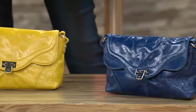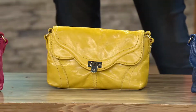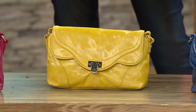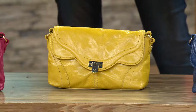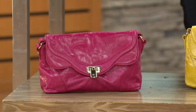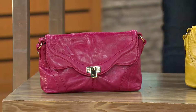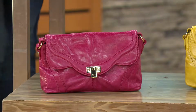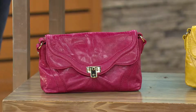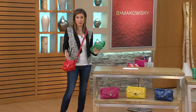The next color that you see, my favorite color and the color that I own, the citron. Love that color. Next up, and our final color, the raspberry. Again, for all of you ladies who love those pink and purple bags, that's a sophisticated medium silhouette that's really nice to carry. And I think the best part about this bag is not only is it a crossbody that's